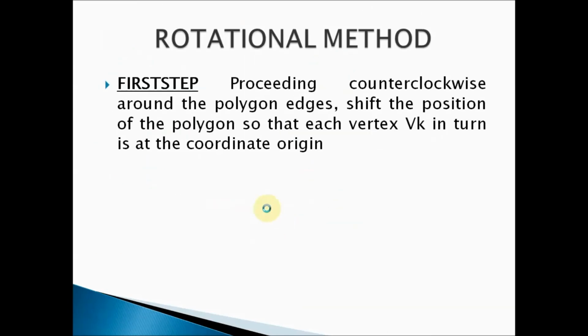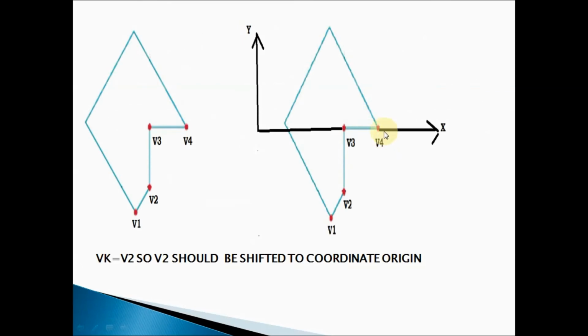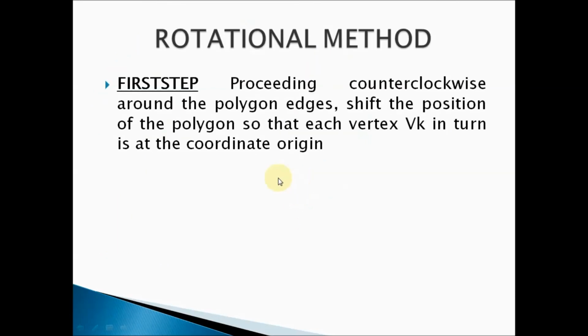See here. So the first step, what I have to do, I have to start with the vertices. Now you can ask a question, in what order do you have to start the vertices? From v4 to v3, v3 to v2, v2 to v1. Like that you have to check the vertices. While rotating clockwise, but while proceeding we have to proceed in the anti-clockwise direction. Getting, guys? So that is a simple thing.